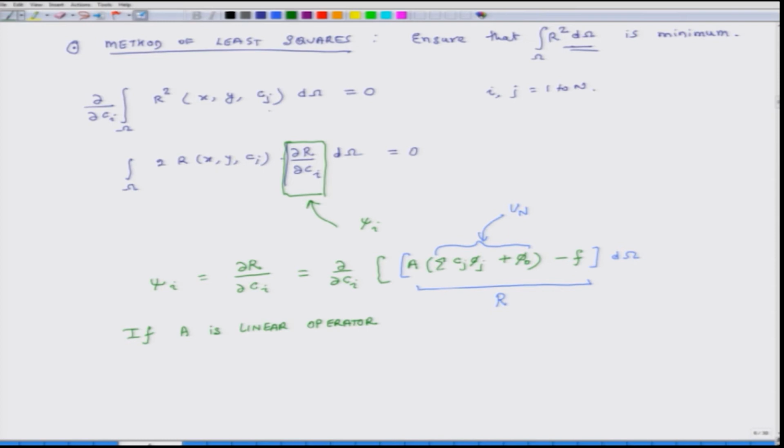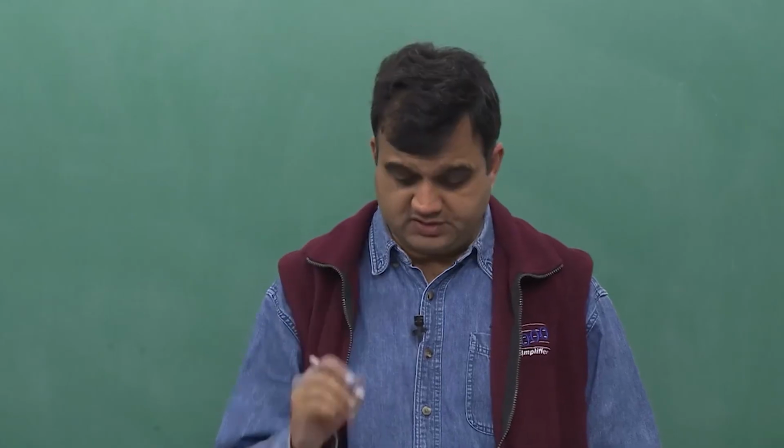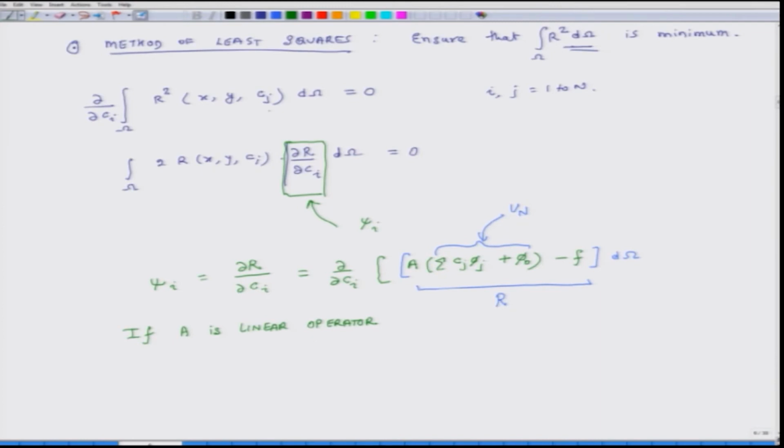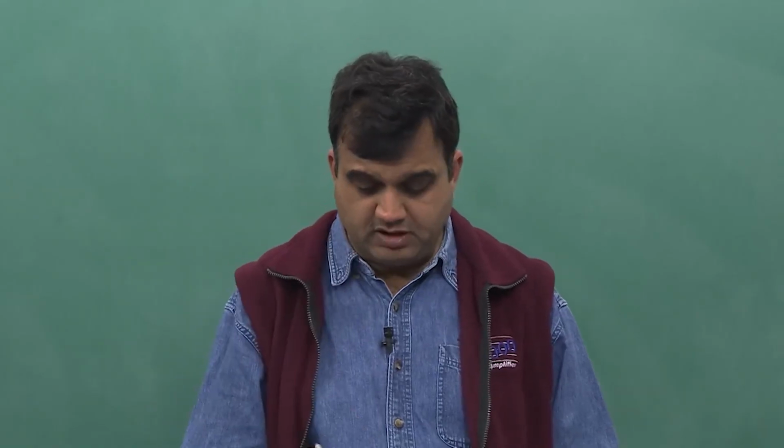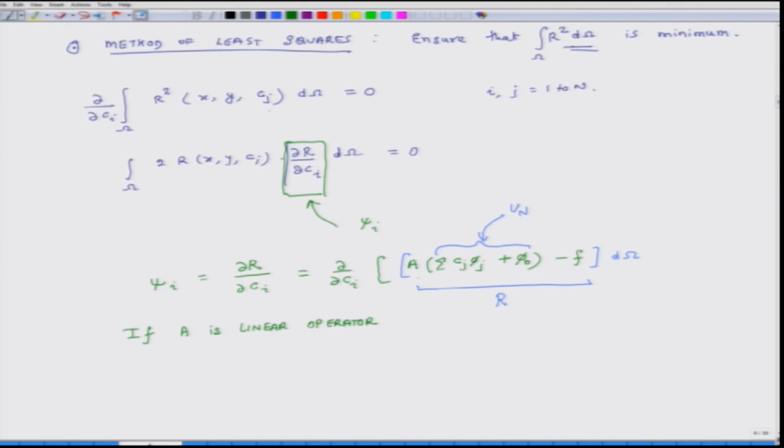They will not be 2, 3, 4, right. The power of Cj will be only 1 if it is a linear operator, because if it is a linear operator, what does that mean? That u will not come as square or cubic terms in the equation. It will only come in when its power is 1. If its power is 1, then the power of Cj will never be more than 1. It will always be identically 1.